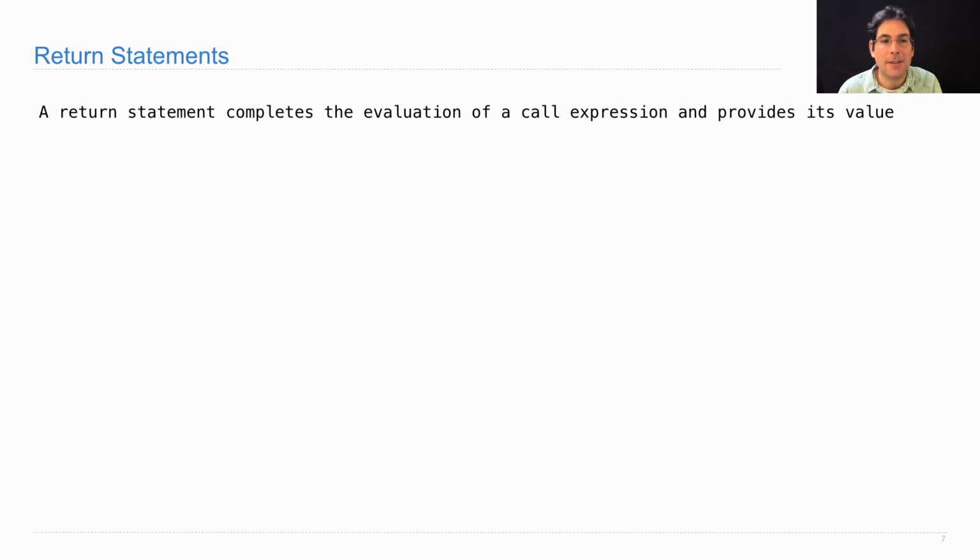Returning from a function call means ending the function call and determining what is the value of the call expression. So return statements we've seen, but we haven't talked a lot about. A return statement is there to complete the evaluation of a call expression. When you evaluate a call expression for a user-defined function, you have to execute the body of that function in a new environment, and you keep doing that until you reach a return statement, or you reach the end of